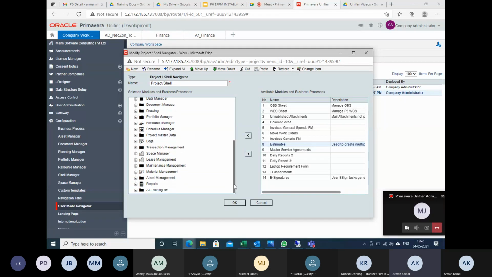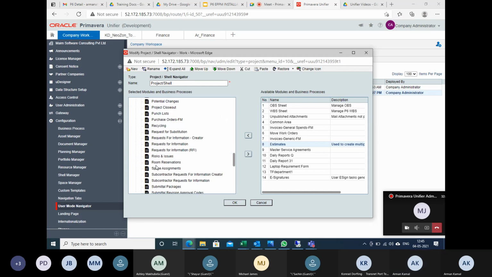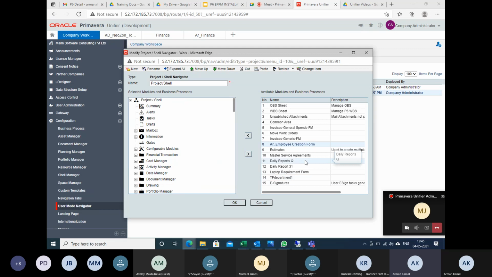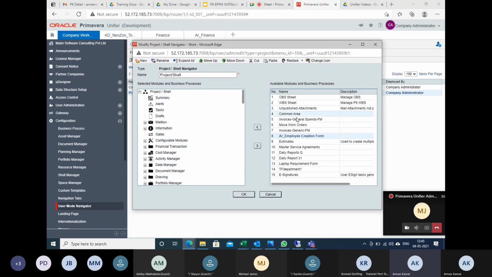I have created an AR employee creation form, and I pulled it. It was here, which I created. So I opened this user mode navigator, located this and pulled it.